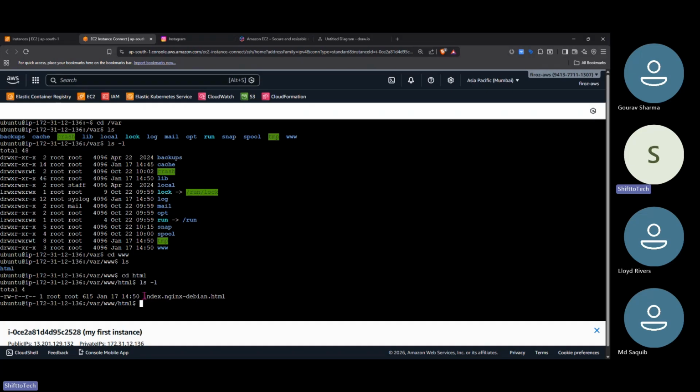There is one file, index.nginx-debian.html. Okay, let's see whether it is running or not.